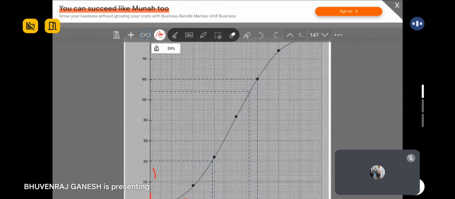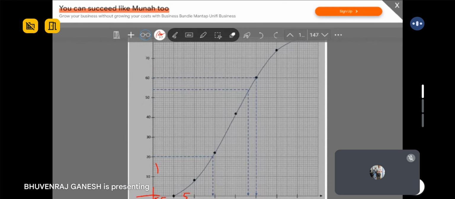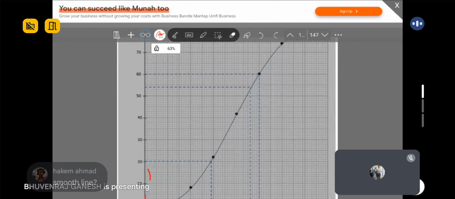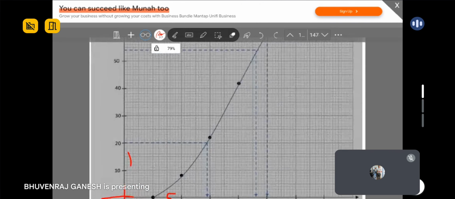What is the criteria of a smooth ogive? Can anyone share? What do you know? Apa maksud ogive licin? Anyone? This criteria also very important because although you plot all your points correct, you still cannot get full mark. Yes, it means that your line must be smooth. Okay, so smooth line means that